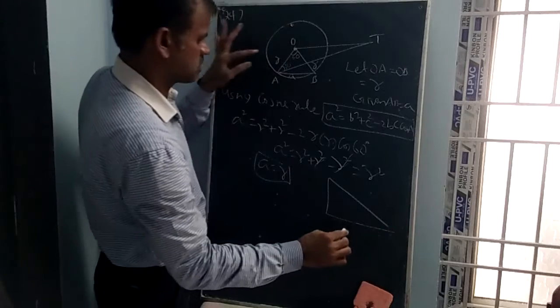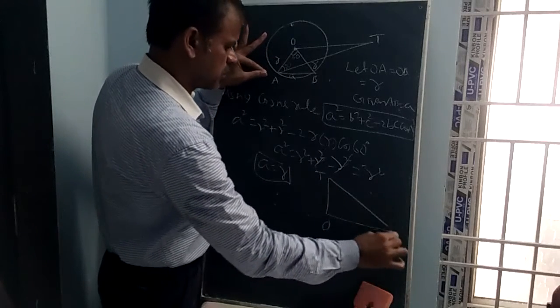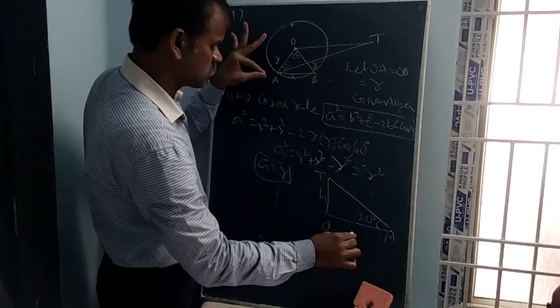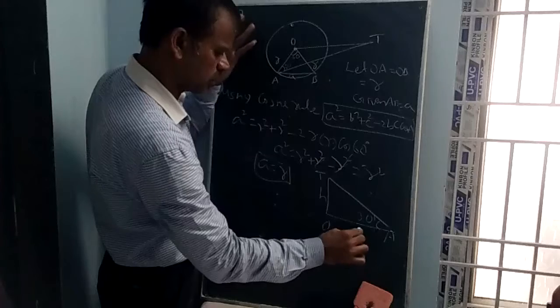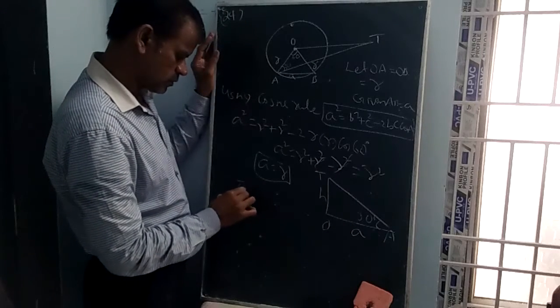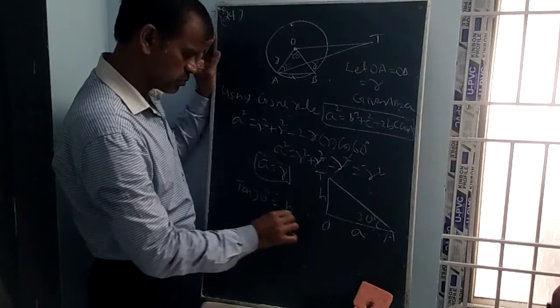Draw the triangle like this. Here it is O, this is the top of the tower, and this is A. Here it is making the angle 30 degrees. So, this is height, this is OA, we got just R or A, anything. So, now using tan 30, in this triangle, use tan 30 equal to h by a.